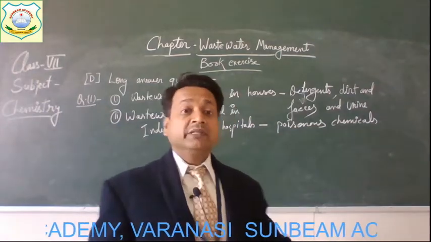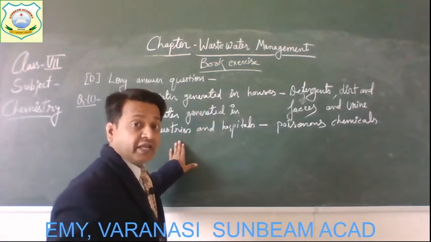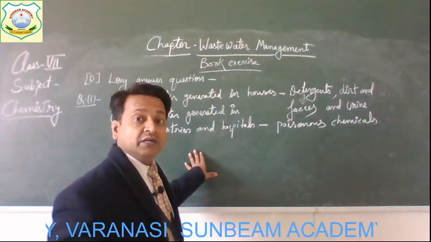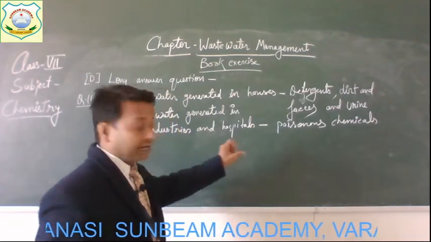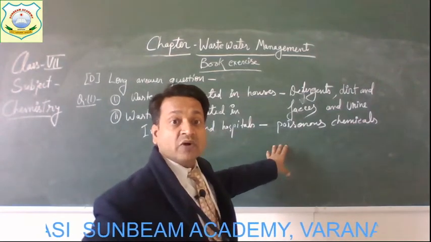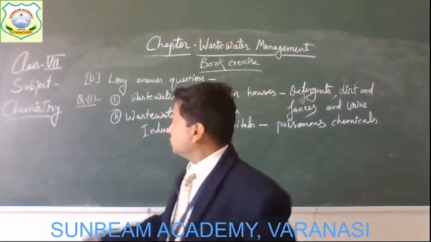So this is the second way in which wastewater is generated, that is in industries and hospitals, and it contains poisonous chemicals. Now children, the third way